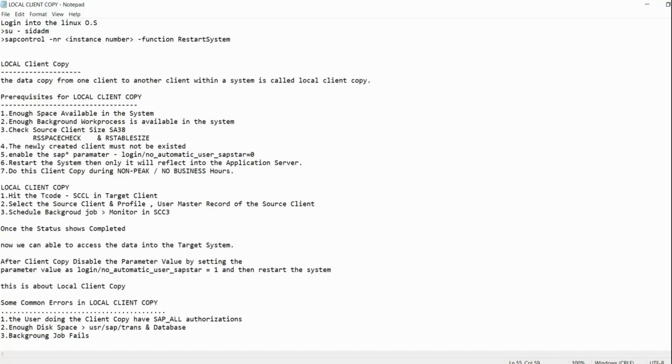Then in the 000 client we have some Bala user, so it will definitely come to the target system. That means in 200, the Bala user will definitely come. After the completed status, we'll check whether the user has come or not. And after the client copy, disable the parameter value by setting the parameter value as 1, and then